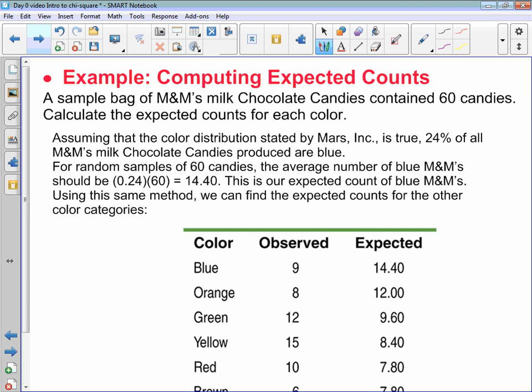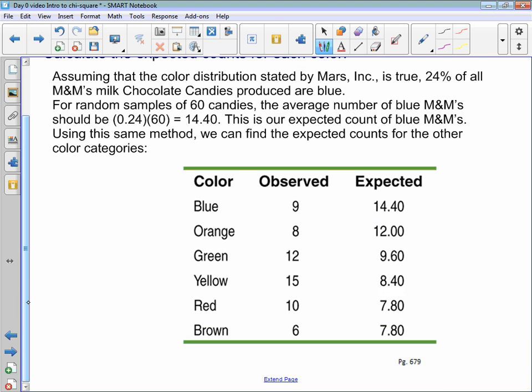So, for example, we just did this thing with the milk chocolate, right? And here is that 0.78 and 0.78 I got. We said p hat blue was 0.24, and 0.24 times 60 gives me this 14.4. And so then we're going to look at, all right, so here is what we would expect to get,